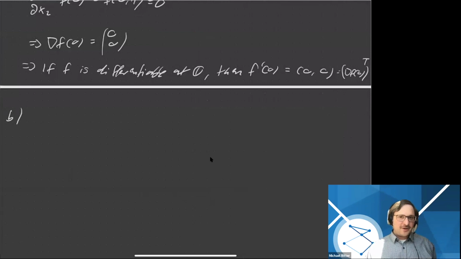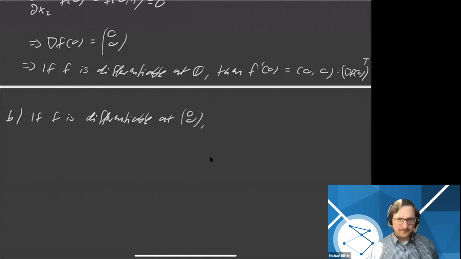Okay, B says show that f is actually not differentiable at the point 0. We've already established that if it is differentiable, the only possible differential is (0, 0). So let's just see how far that takes us. Okay, so if f is differentiable at the point (0, 0), then, well, by definition of the total differential, the following holds. Well, f at some point x